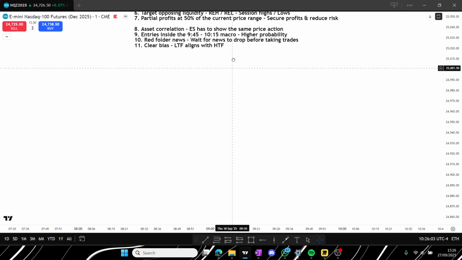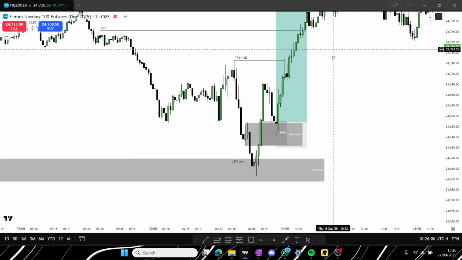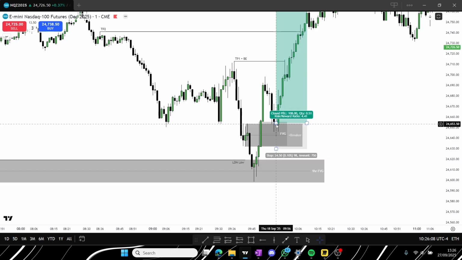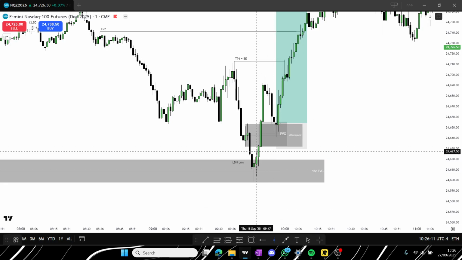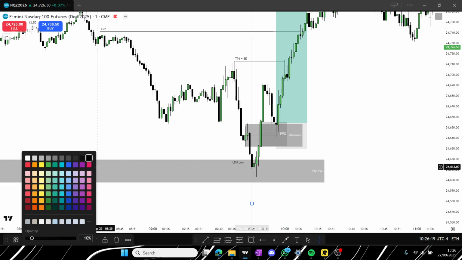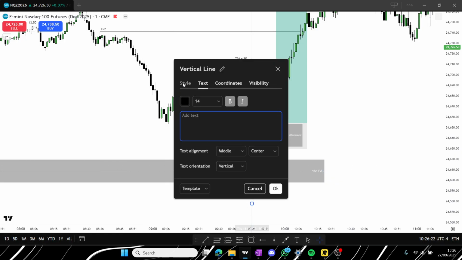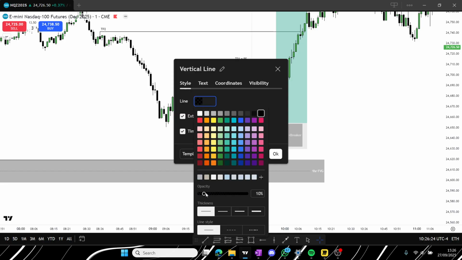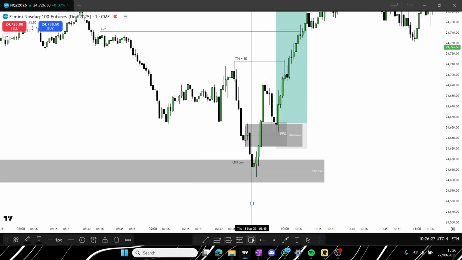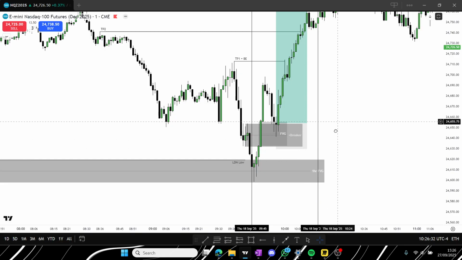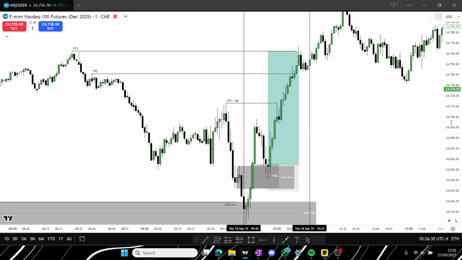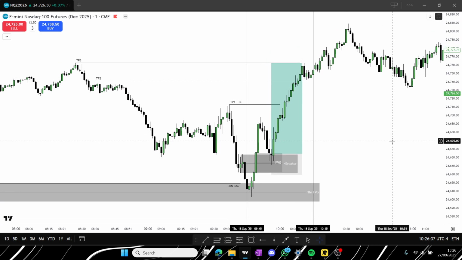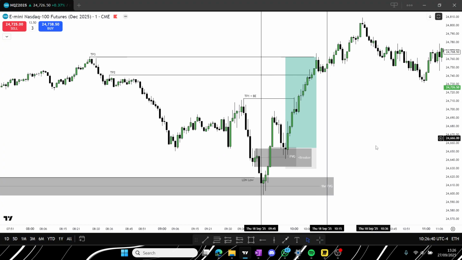Entries inside the macro, I didn't cover that. What time do I enter the trade? 9:56. I'm going to mark out 9:45. Okay, I'll do it in black so you can see it a bit better. Oh, it is in black, I'll just turn the opacity down, sorry. Okay. There's 9:45, where's 10:15? Boom. So in this time window, the macro I was talking to you about, when price likes to seek liquidity,